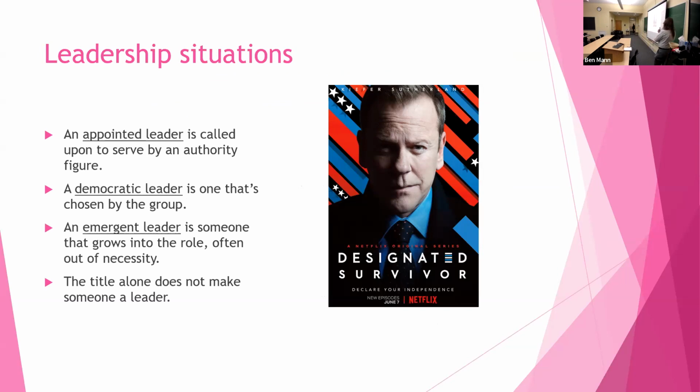So the main character is a member of the cabinet in the US, and there's an attack on the Capitol and the White House, and he is very far down the list in line to the presidency, but he is the one that survived and basically has to become president, right? And the show is very much about his own anxieties and challenges as he tries to rise into that role. So kind of an interesting and extreme example of an emergent leader. I'll show a little trailer from that show in a minute to point out some of the ways that leadership has some challenges as it relates to emergence.